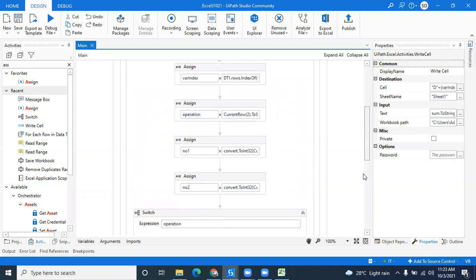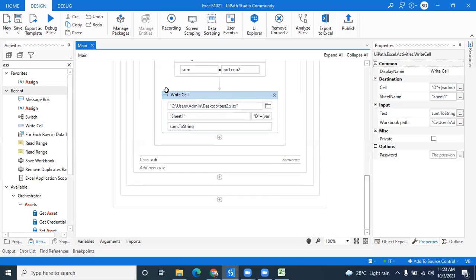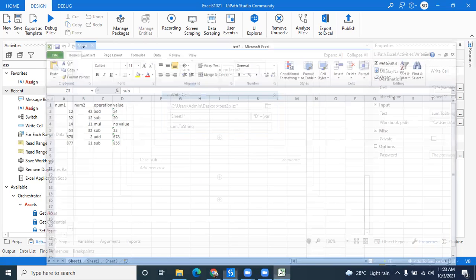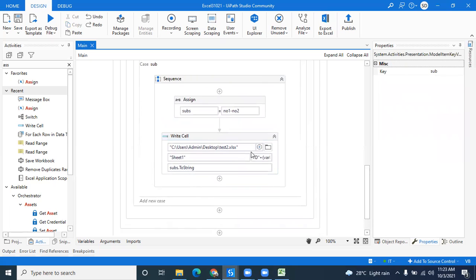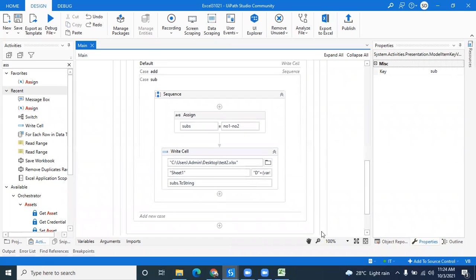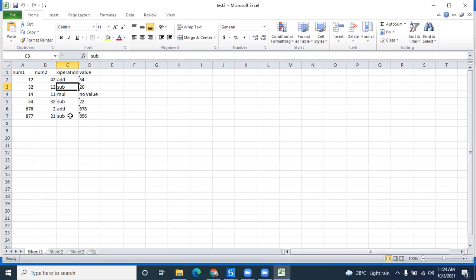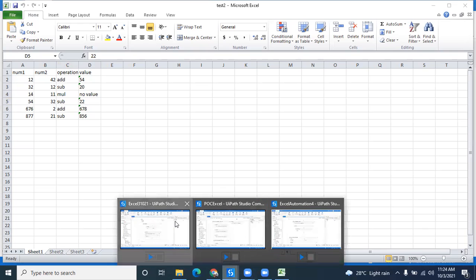Then the second time it will check the operator, which is subtraction. It will check the index here, go to the subtraction, and iterate the cell, going to the second cell, like that. Depending on the operation it will write the value. If the first value is addition, it will write here. If it's subtraction, it will write in the next cell, and then if subtraction, it will iterate and go to the third one. So it is incrementing the cell.